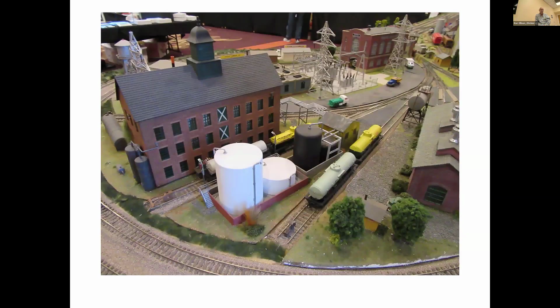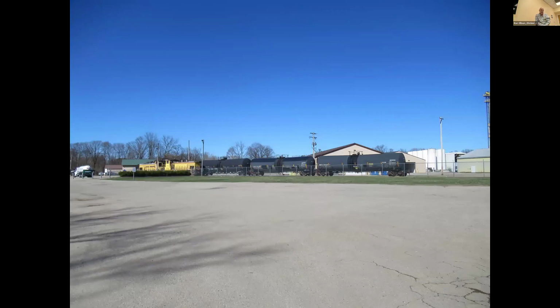All right, this is in Hamilton, Michigan. This is an ag facility there, and the tank cars are sitting there. Why would they be bringing tank cars to this ag facility in the spring? Chemicals. Specifically, like fertilizers, pesticides, all that kind of stuff. Yeah, it's going to go into smaller containers, IBCs or intermediate bulk containers, totes, and go out to the farms